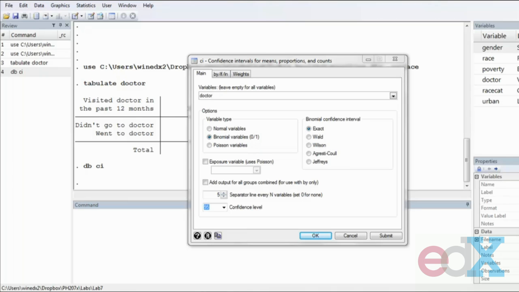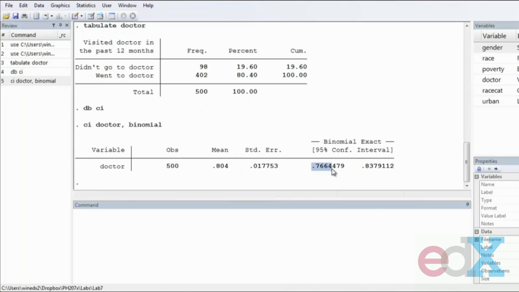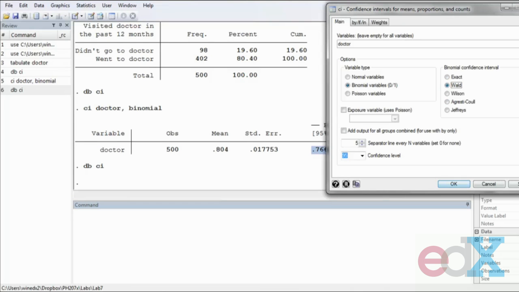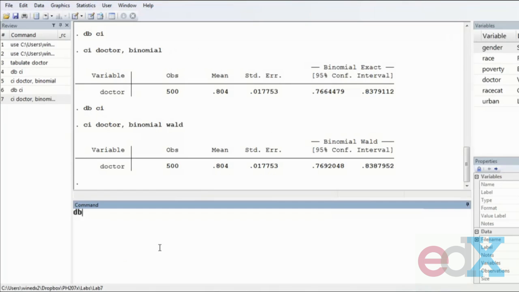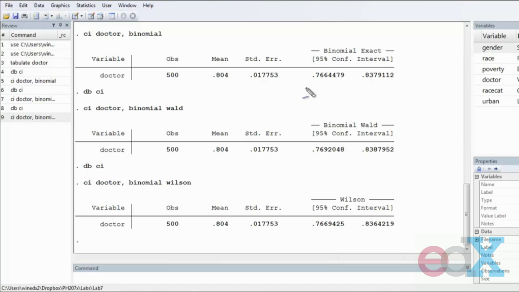So let's construct 3 different confidence intervals for doctor. First, we'll start with the exact interval and hit submit. You see I get a confidence interval that's about 76.6% to 83.8%. Now I can construct a Wald confidence interval. And similarly, I can construct a Wilson confidence interval. All right, so I have my exact interval, and then I have my Wald and Wilson interval, which are both